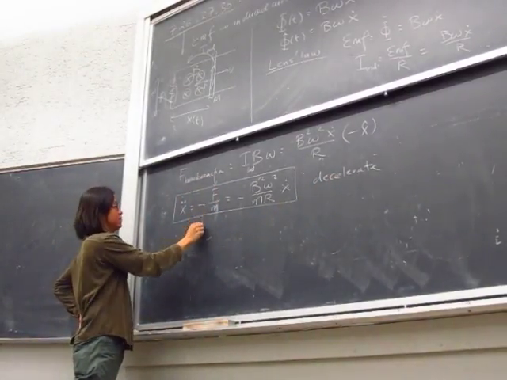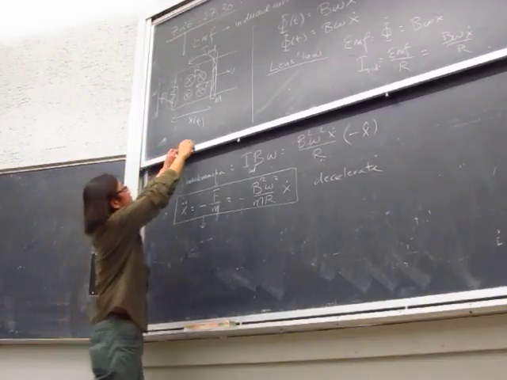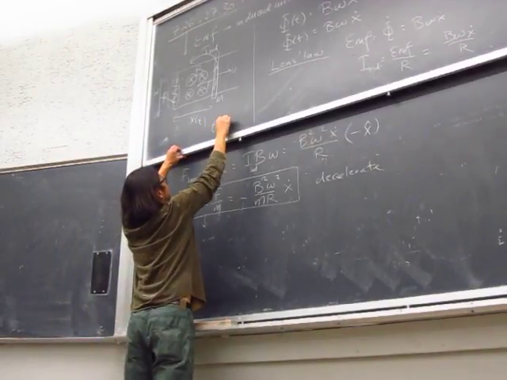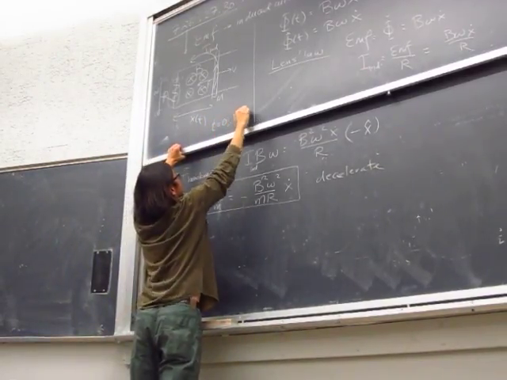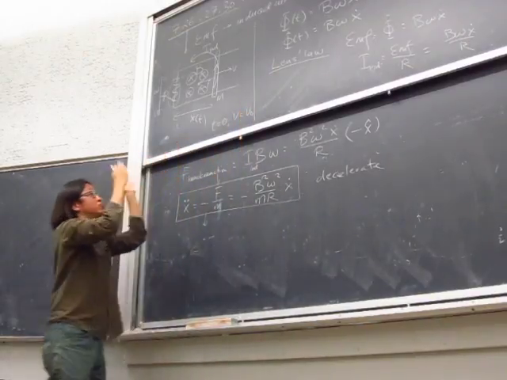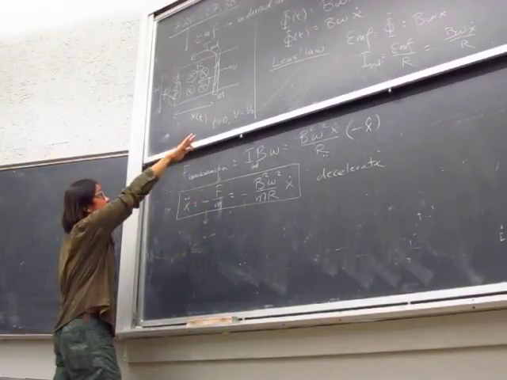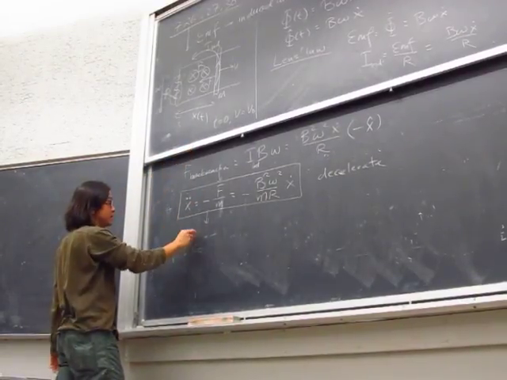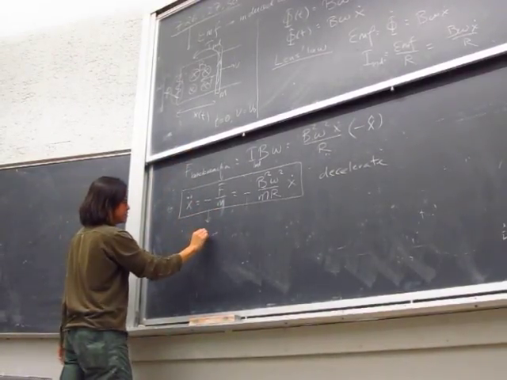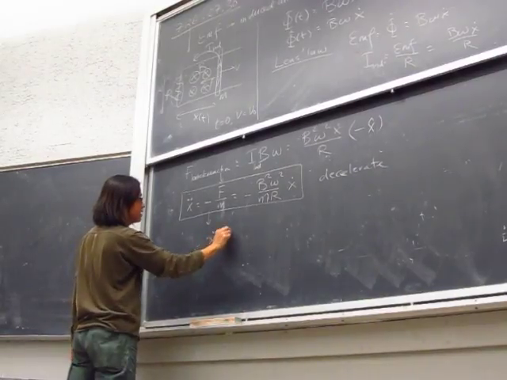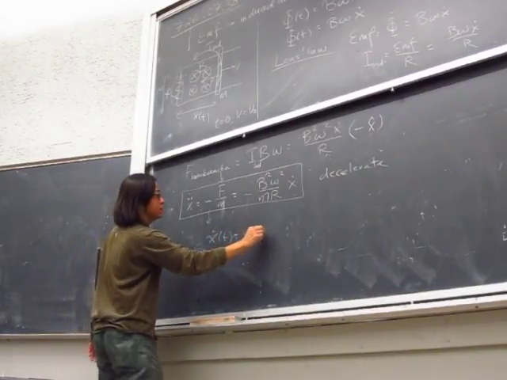So what does this give you? The problem tells you that at the beginning, at time equal to 0, v is equal to v naught. So you can choose the time properly: at time equal to 0, v is v naught. With that initial condition as a boundary condition, this has a solution x dot as a function of time. This is v naught e to the minus